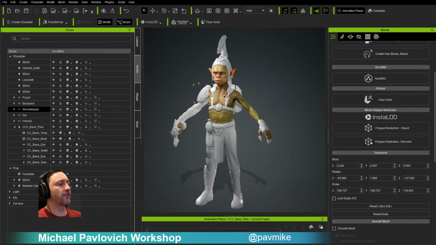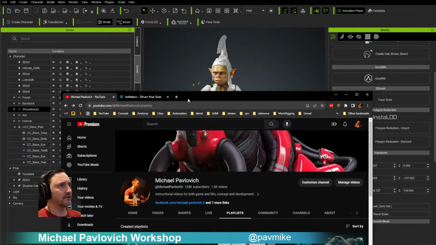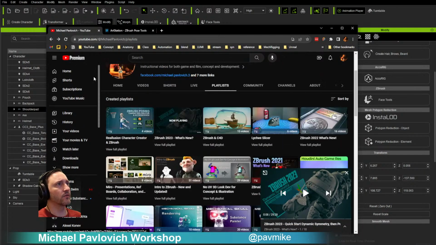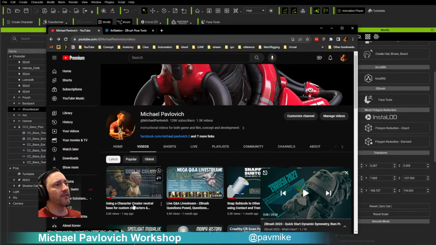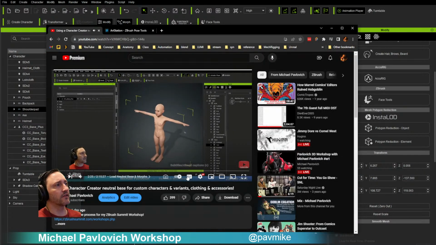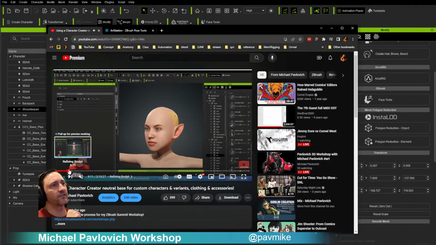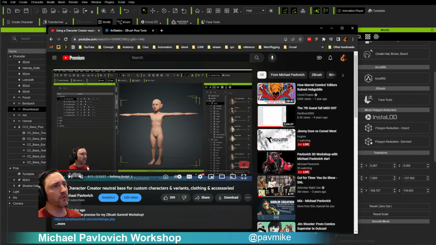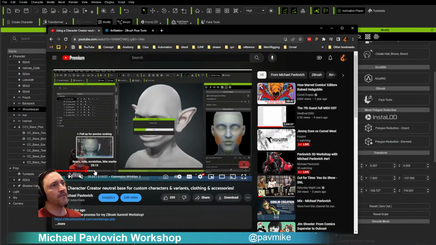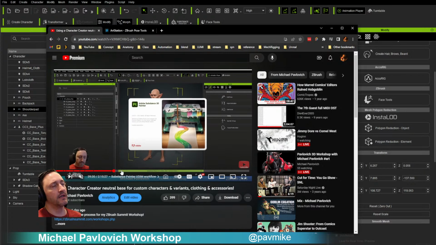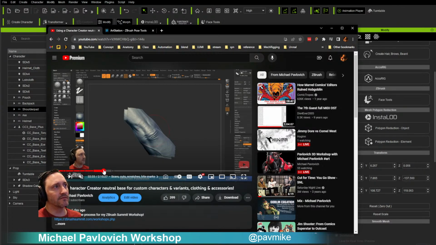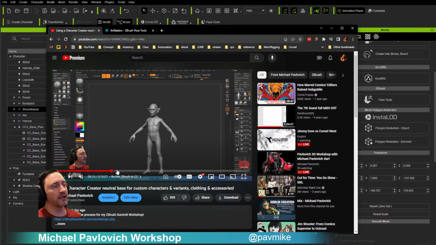Again, if you're just joining us, I just want to explain this one more time. This creation right here for this live stream on Tuesday explains the process of, hey, we started with a CC neutral base body. We went through and did some morph slider adjustments. We sent that back to ZBrush and detailed it up, basically. We just took the neutral base mesh and sculpted on it and changed the musculature and any proportions. When you send models back to Character Creator, you say, hey, where I move the geometry, move the bones along with it,